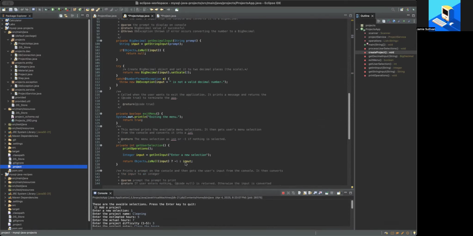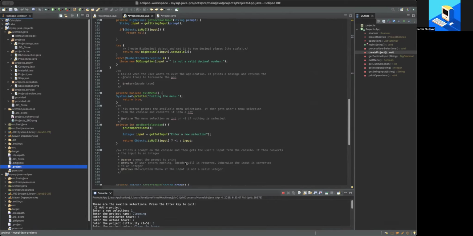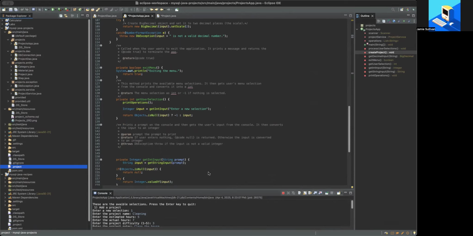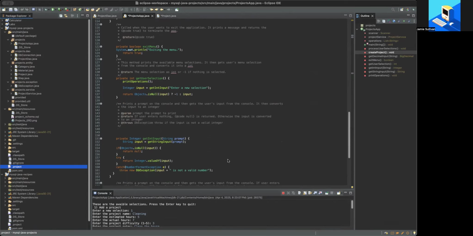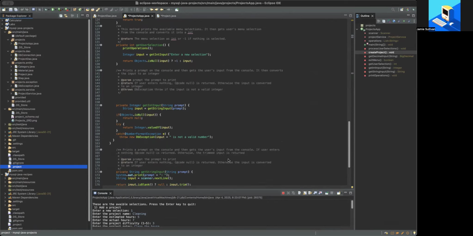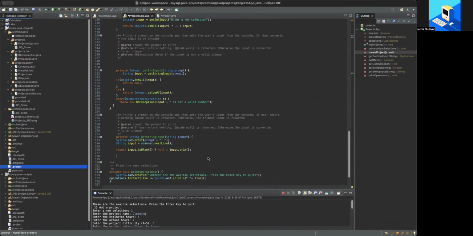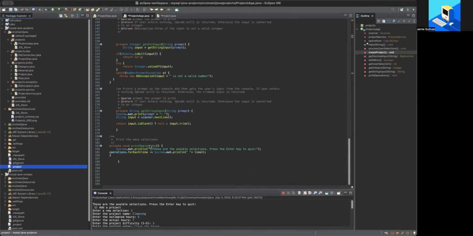This method prints available menu selections. It then gets the user's menu selection from the console and converts it into an integer. This prints a prompt on the console and then gets the user's input from the console. It then converts the input to an integer. This prints a prompt to the console and then gets the user's input from the console. If the user enters nothing, a null is returned. Otherwise, the trimmed input is returned. This prints the menu selection. We'll go to project